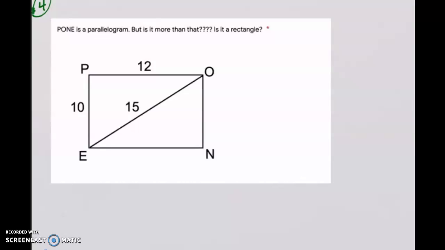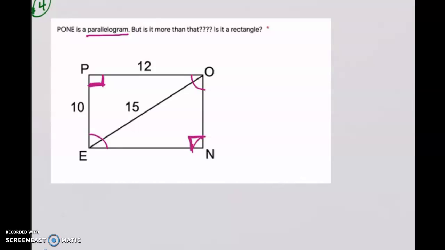Yeah, so if this is a rectangle, then angle P would have to be 90 degrees, because we tell you in the problem that PONE is a parallelogram. So I know that all the angles, opposite angles, excuse me, are going to be congruent to each other. So if I can prove one of the angles to be 90 degrees, I can get this angle to be